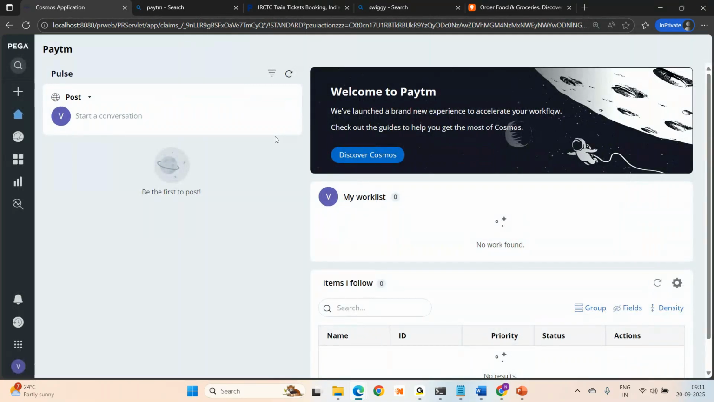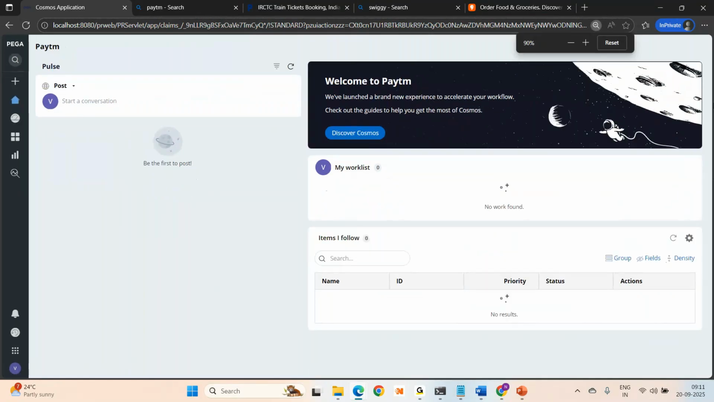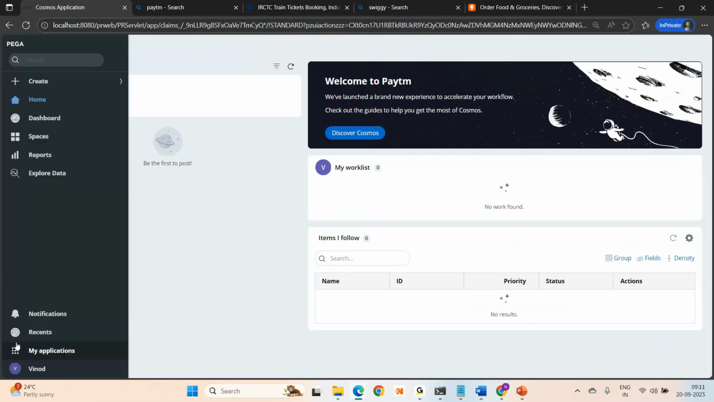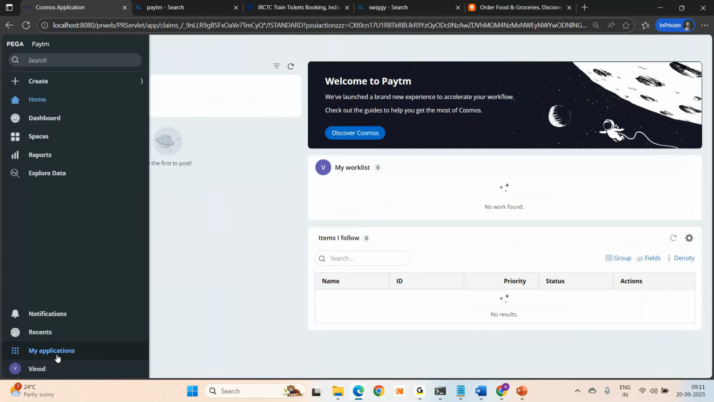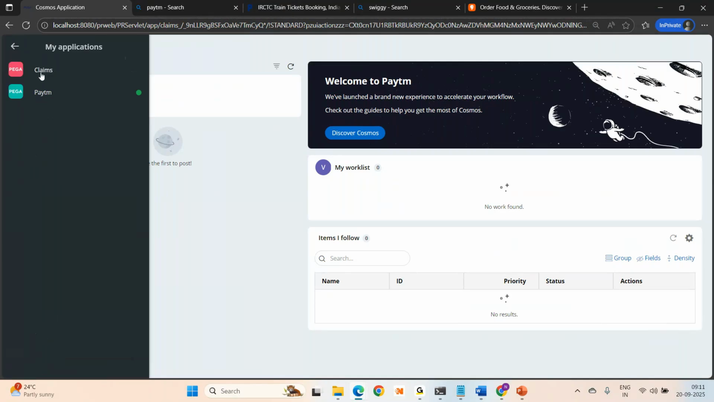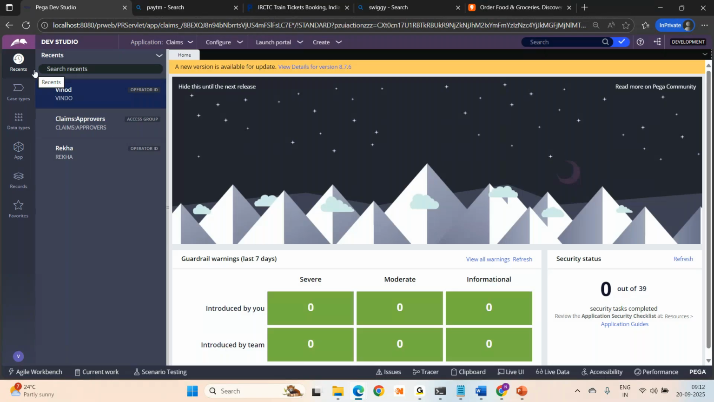Okay. Now when you're Paytm, actually you should have some in real time. Generally, we give them a button here because this is an OOTB application. Yeah, my applications. I can go back to claims again like this. Okay. So like this,